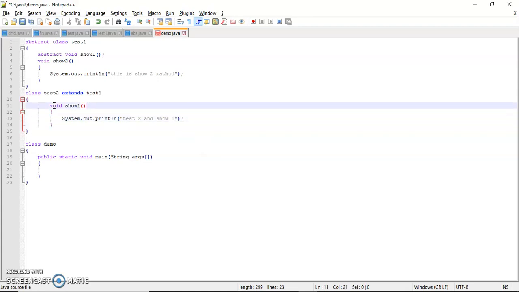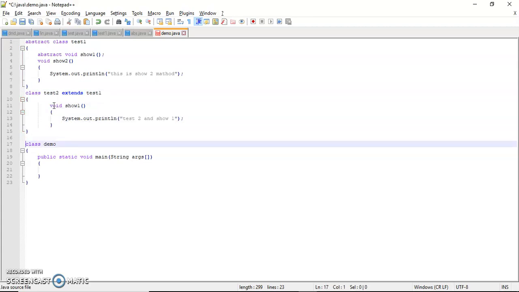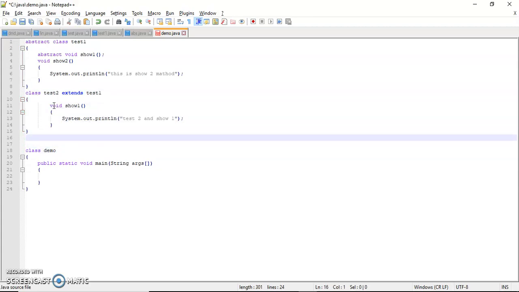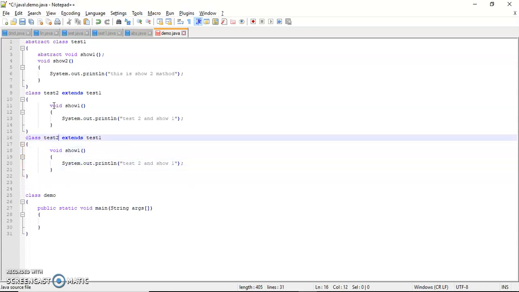Okay, suppose we create one more class and put it here, the class name is test3, which also extends test1, so it also has to implement show1, but it prints test3.